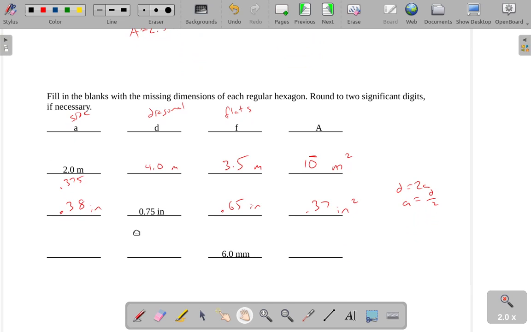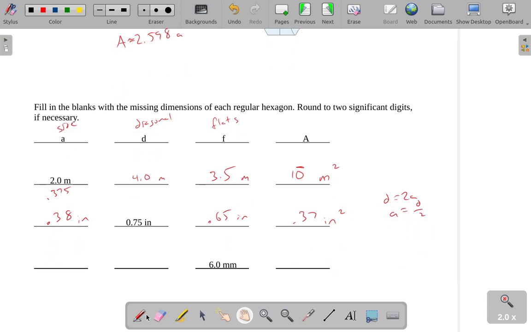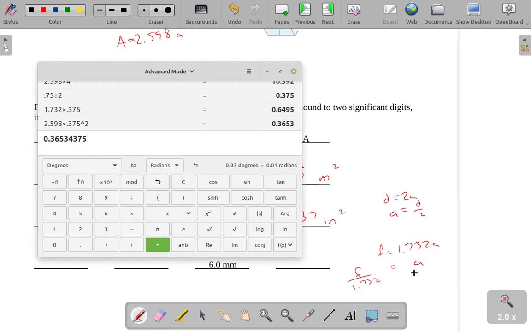If I'm given the distance for flats, remembering that F equals 1.732A, that means A is equal to F divided by 1.732. 6 divided by 1.732, and this is kind of a little bit of an obnoxious number to plug in every single time. So if you know how to tell your calculator to remember things, that would be a nice thing to be able to do. I'm actually not seeing how to do it on this calculator, so I'll just have to type it in. So first off, I'll write down what this is, rounded to 2 significant digits. It's 3.5